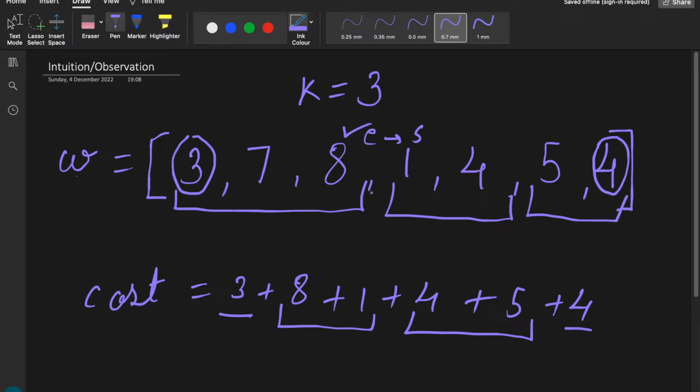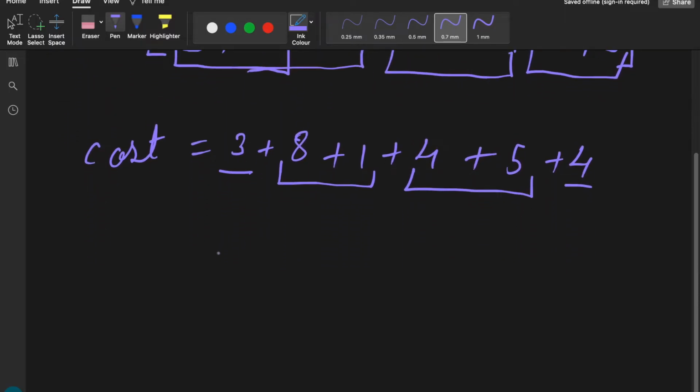So what we can do is combine the ending and starting and consider them as one parameter. How? Let's say we are ending this bag at 7. Then this 7 will be the end and 8 will become the start of the next bag. So this 7 and 8, that is the adjacent elements, can be combined and added to some sort of data structure to get the minimum and maximum value. The first and last elements will always be in our answer. We are only concerned about the pairs of adjacent elements, and we have to get the maximum and minimum from them. Now there are some base cases involved in it.